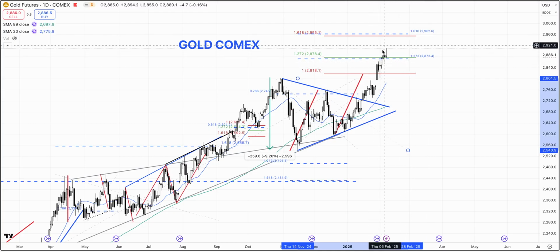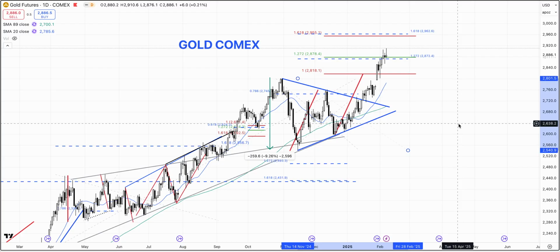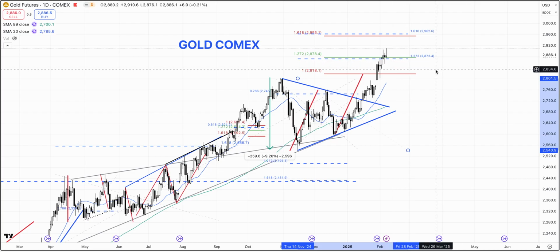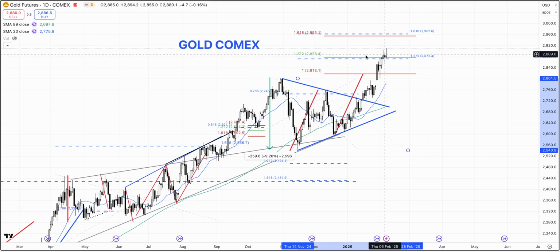Right now it's just kind of consolidating right in this region, but I would imagine there is some resistance available in this entire zone between where it is now and the 1.618 expansion right here. So nearly around the 3000 level on the futures chart. So what we should do is watch for further price action over the next few days,